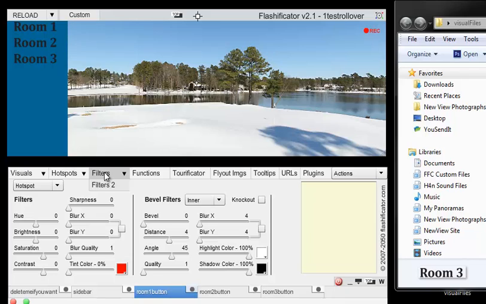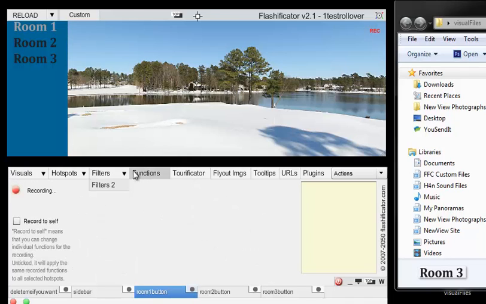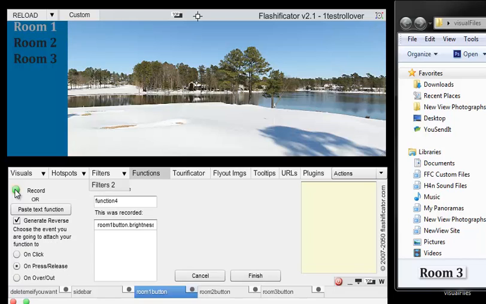Now we're going to click on the Filters button, and where brightness right now is set to 0, we're going to move it to 0.5, which is changing that color to like a gray. Okay. Then we're going to go back to Functions, stop the recording,